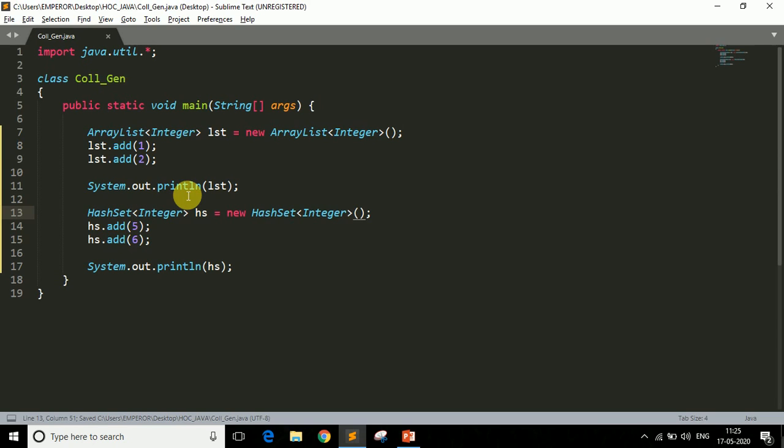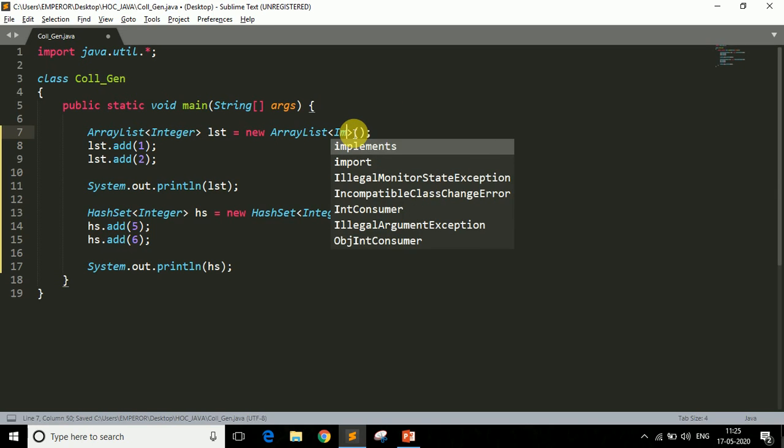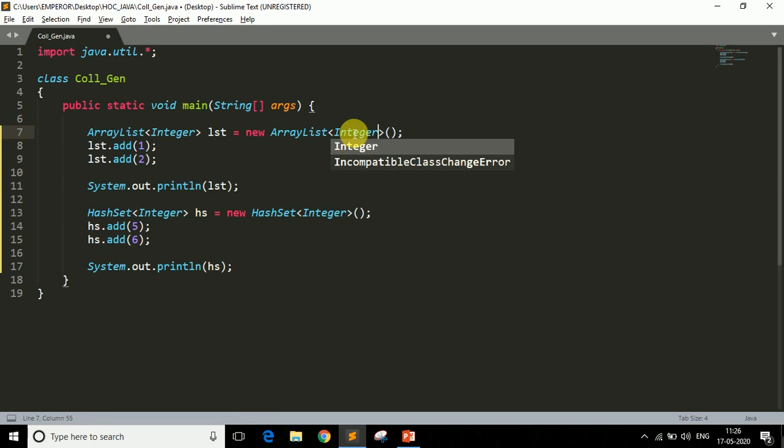Now there is one thing you need to know: if you don't want to write Integer again here, you can do that, because it is supported. If you remove it from here and just specify the angular brackets, this will also work, because we have already specified the Integer data type.